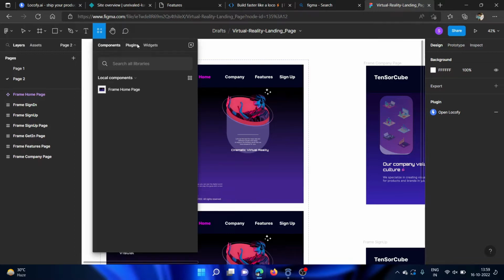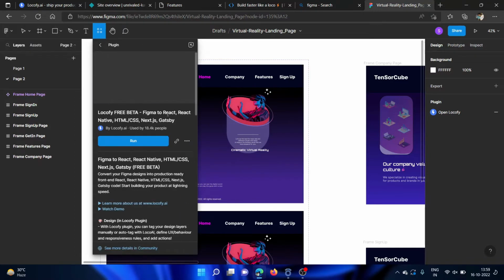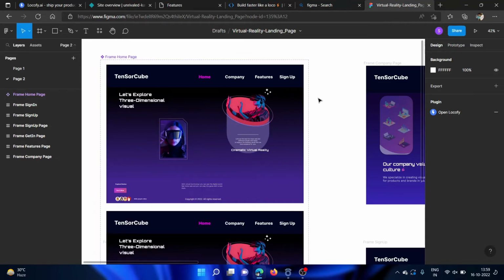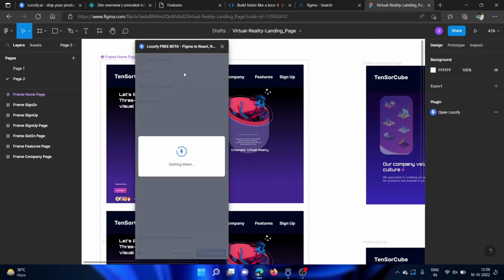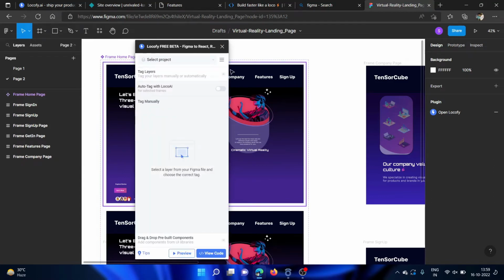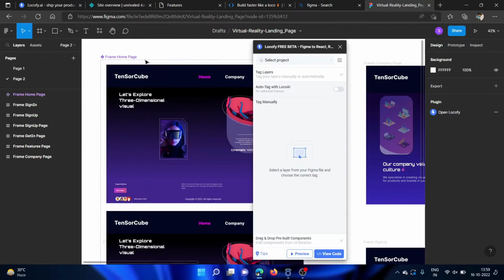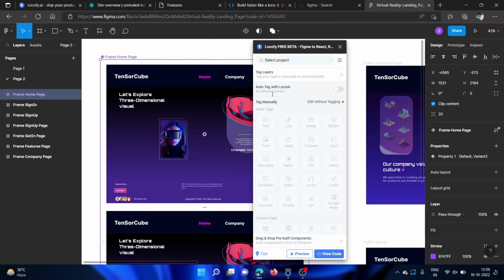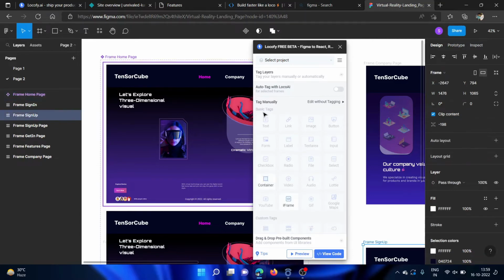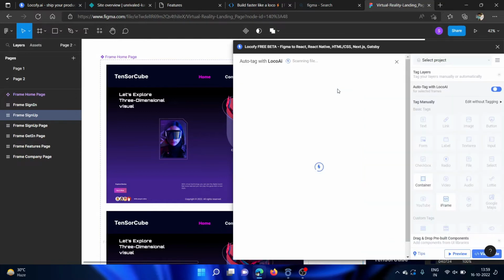To implement that, we have to go to the plugin and search for the LOCOFY free beta. If we run this plugin, it will take a few seconds. After selecting a particular page, I am selecting the home page here. And if you enable this auto tag with local AI, first we have to select one frame. So if I select this sign up page and enable it,